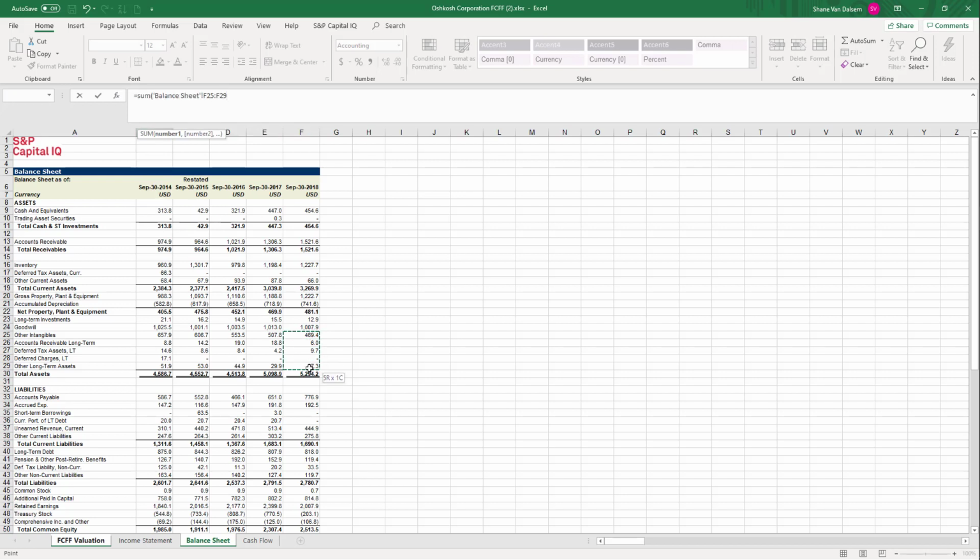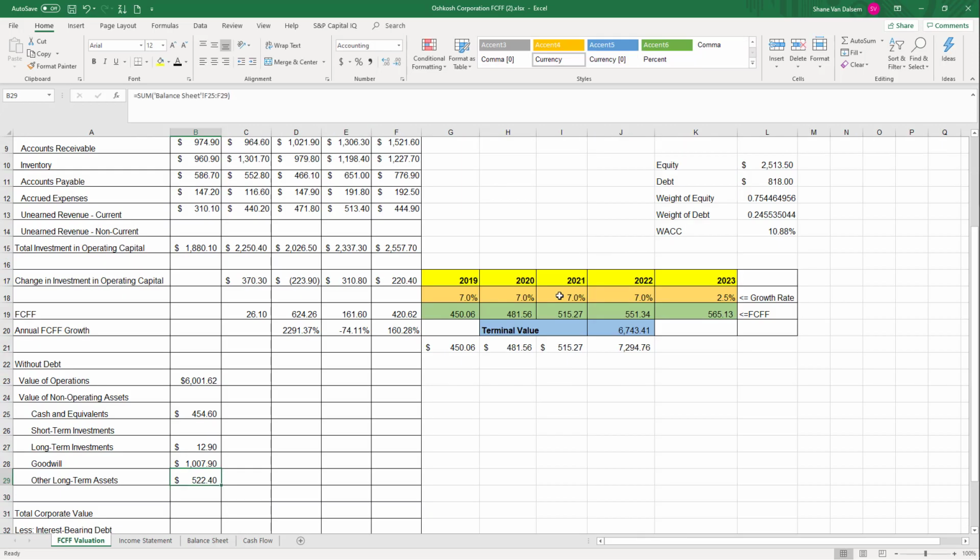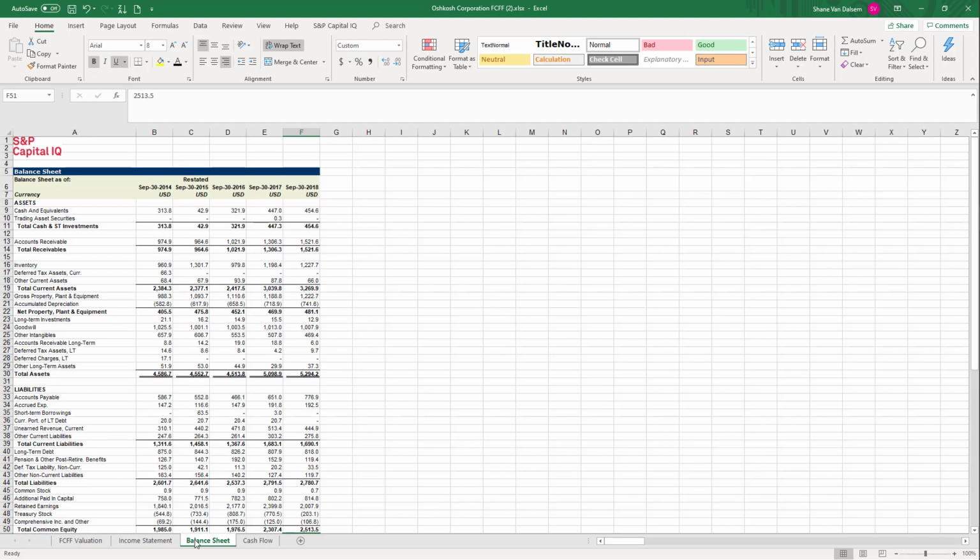So these are all non-operating assets that increase the value of the firm. Okay, so we want to include